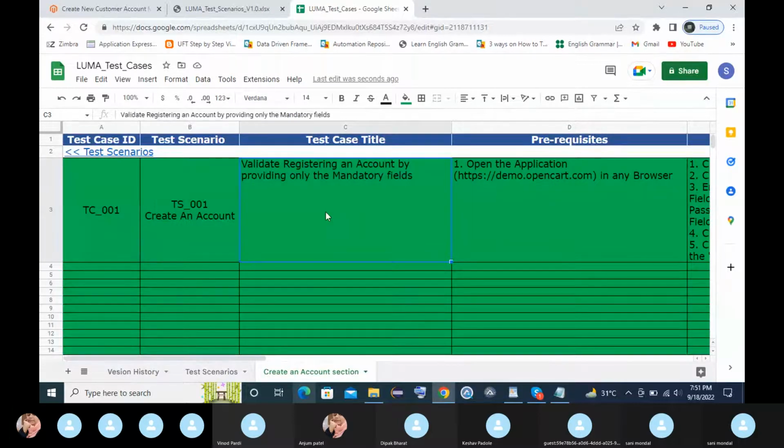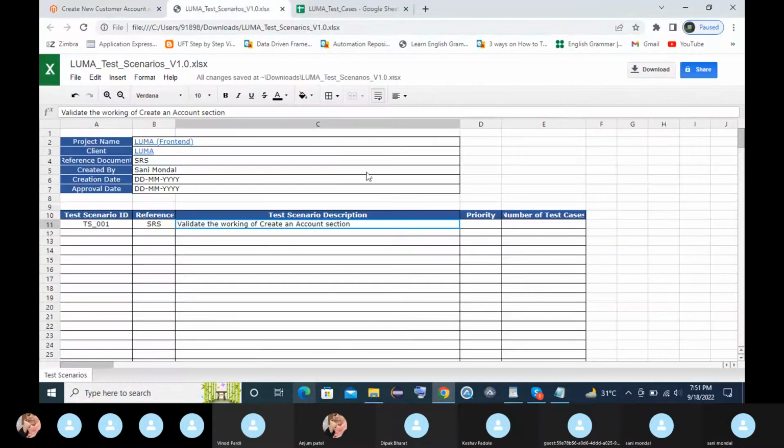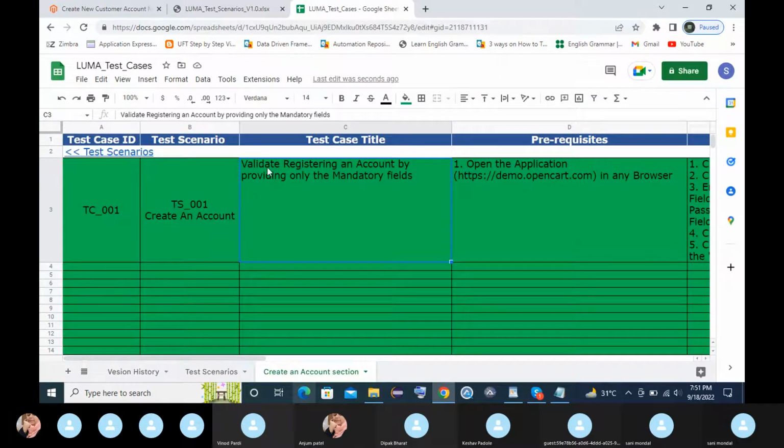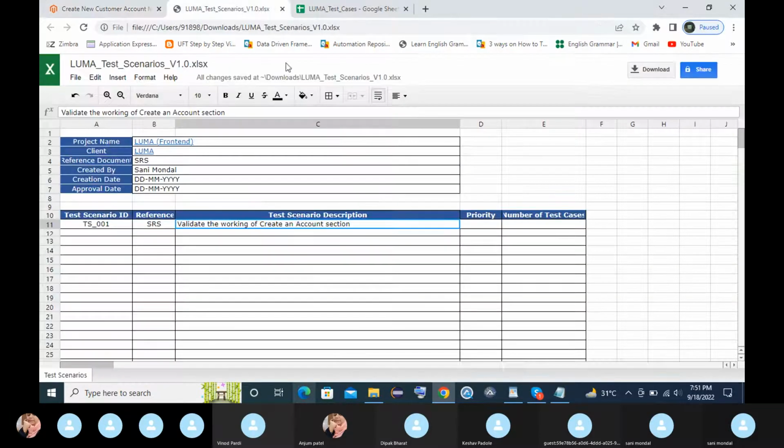Now you will write a test case title. So in my case, what is my first test case? Always, when you are writing any scenario, always start with the validate word. And when you are creating a test case, it always starts with the verify word. What do we have to verify in my first test case? Verify the headings and the,